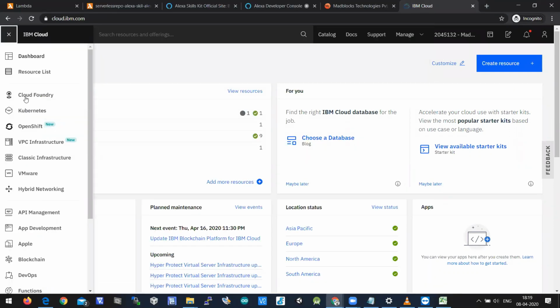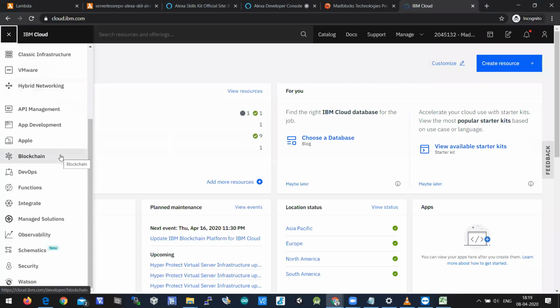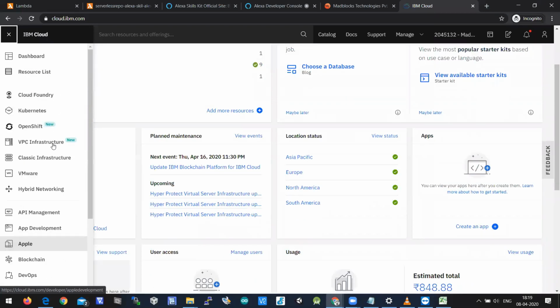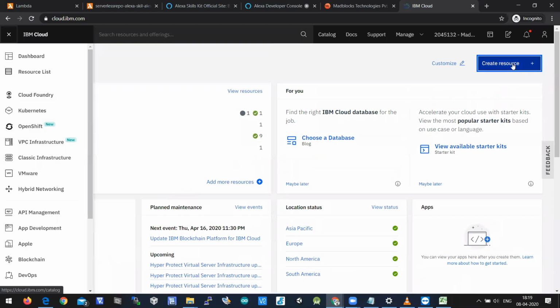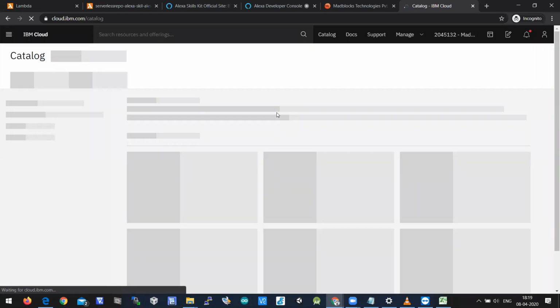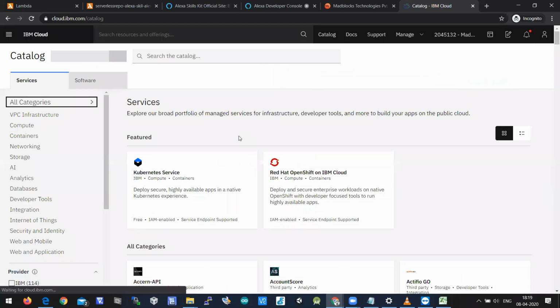So this is the dashboard page of IBM Cloud. Here you can see what are the services available in IBM Cloud. One is VPC infrastructure. Infrastructure as a service. When you talk about cloud, you'll have cloud layers here. One is infrastructure as a service. You'll have software as a service. You'll have platform as a service models. So here you'll have different types of layers, where some services will be of infrastructure as a service, some will be of PaaS, some will be of IaaS.